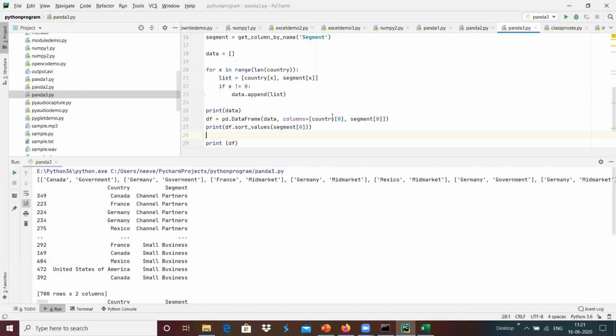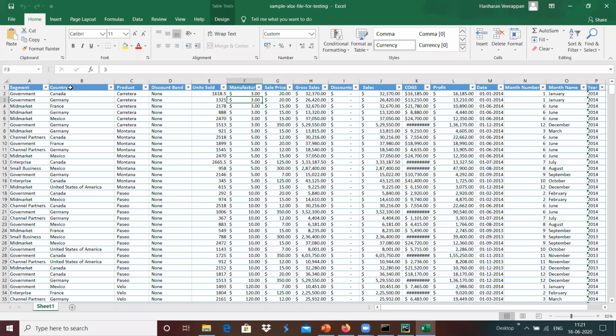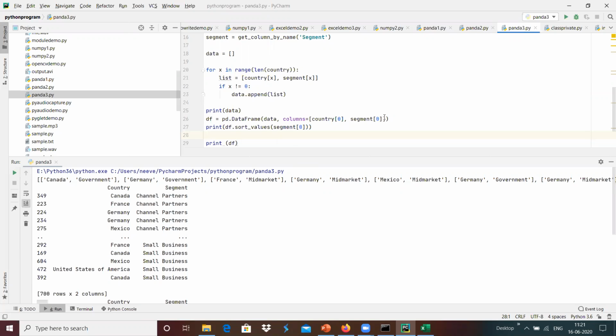The country of zero will be the name, the respective country, and the segment of zero will be the title. The segment is the one we have used to create the columns, and we want to do sort values based on countries and based on the segments accordingly over here.